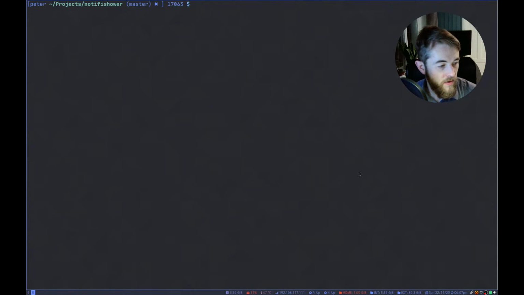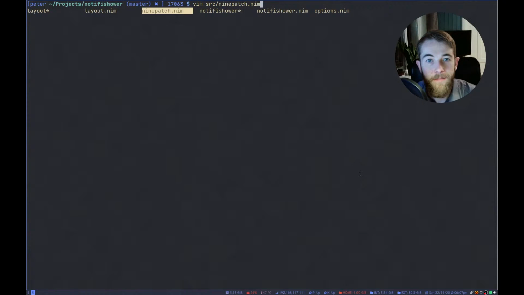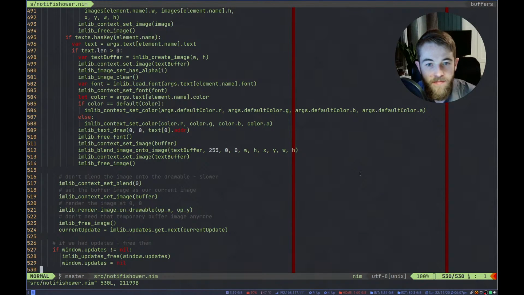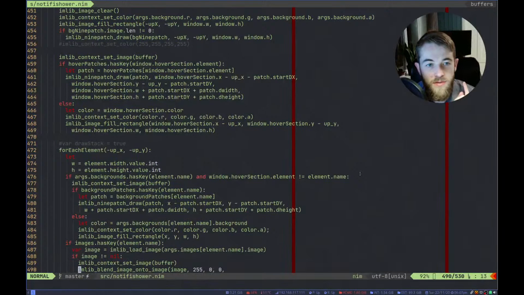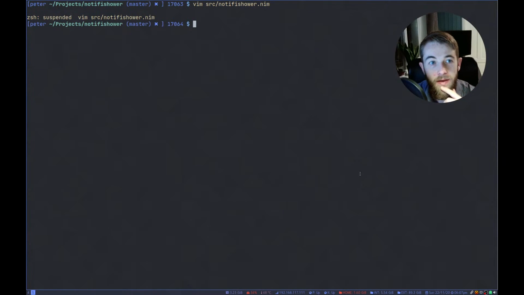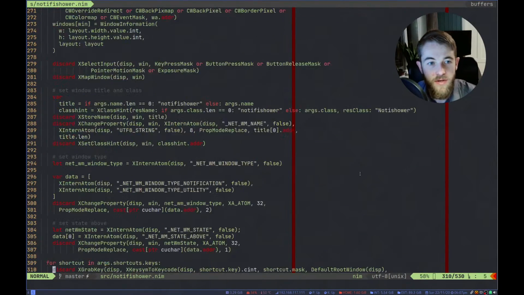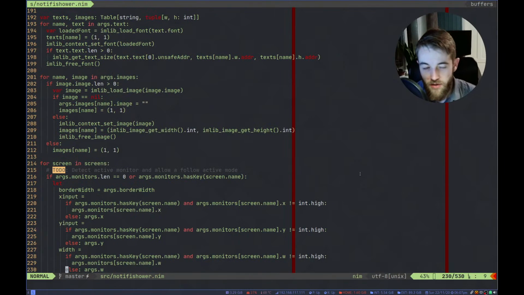So today I'm planning on doing some more Notification stuff. I have two things I want to do today. One of them is supporting 9 patches and stuff as backgrounds for containers.